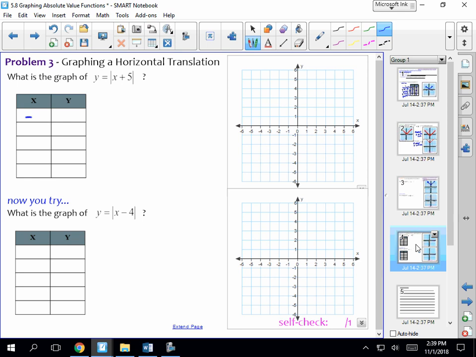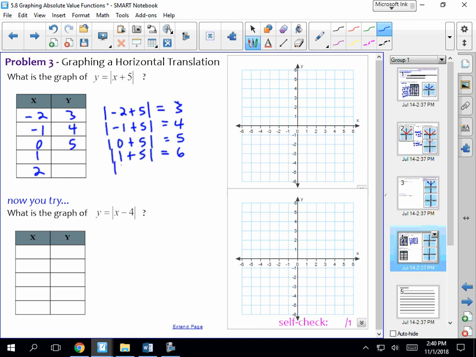Say, for example, I picked -2, -1, 0, 1, and 2 in here. So if I plug in -2 right here, I have the absolute value of -2 plus 5, which is 3. Okay, don't write this down yet, guys. Not yet. Just wait. Just watch. And then here we have -1 plus 5, which is 4. And then we have 0 plus 5, which is 5. So 3, 4, 5. And then we have 1 plus 5, and then we have 2 plus 5, and none of them are negative,